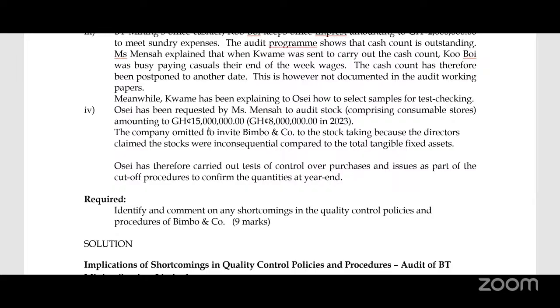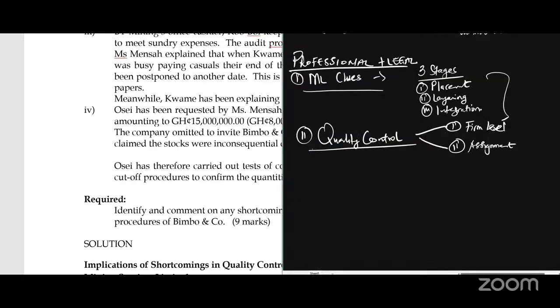They didn't have a proper employment structure. They didn't employ the right staff. In one of the cases, they went to employ, I think, an HND guy, and the HND guy hadn't even done accounting. He did something else. And then they included him in the team. You get it? You are going to see leadership problems. There's no proper monitoring. These are some of the things that you encounter. But I believe we are learning small. We are going.